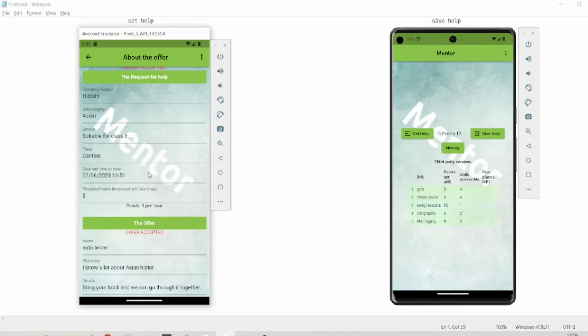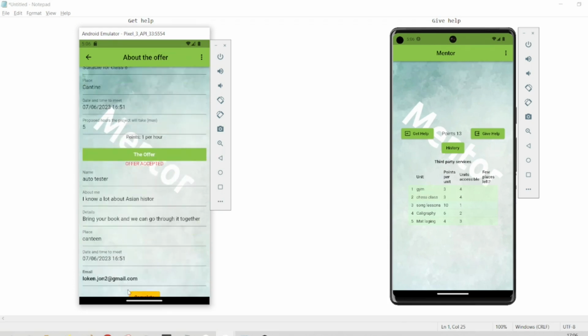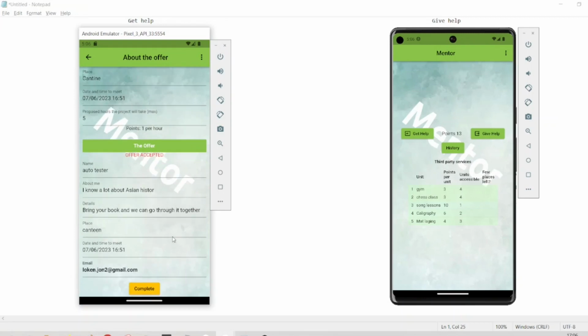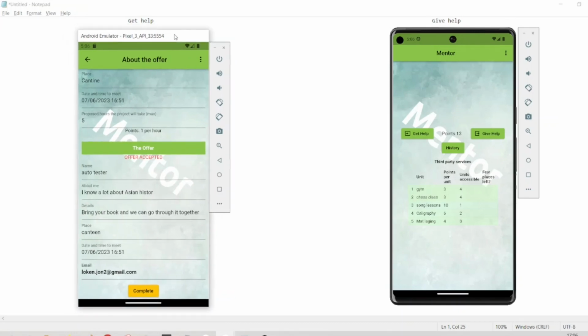The person who wants help can now see the contact information of the person who wants to help. Both parties then make contact and agree on the details. Then both parties go away, in this case to the canteen, and the first person is then given help in history. When they are finished, the person who wanted help comes back and presses the button, Complete, to mark that